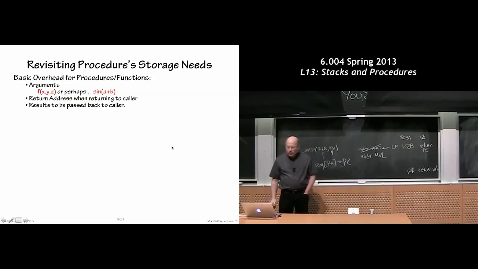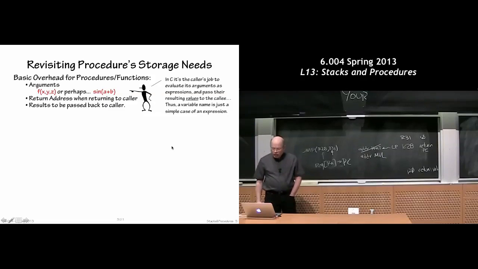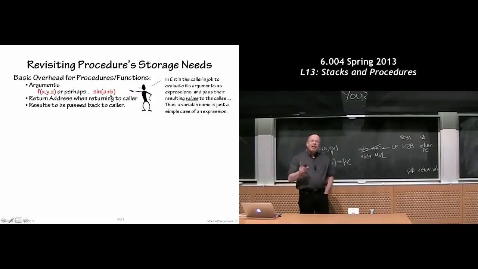We're going to have to allow more than 5. A convention for the return address and a convention for returning the results back to the caller. Notice, by the way, that in most languages you can put an expression in for an argument. So here I'm calling the function sign on a plus b. The expectation is the compiler will compute the value of a plus b and then pass the result of the